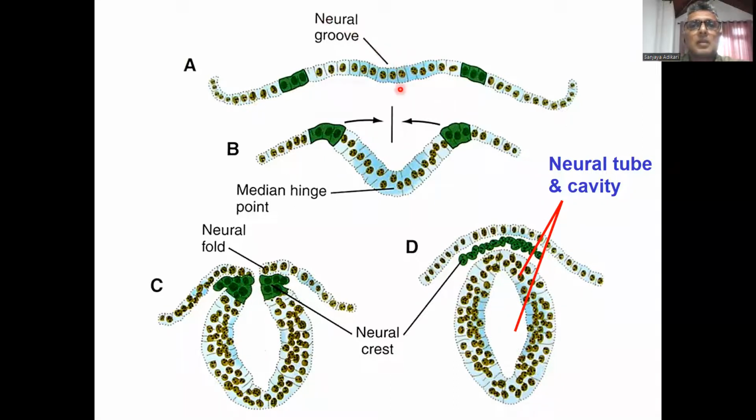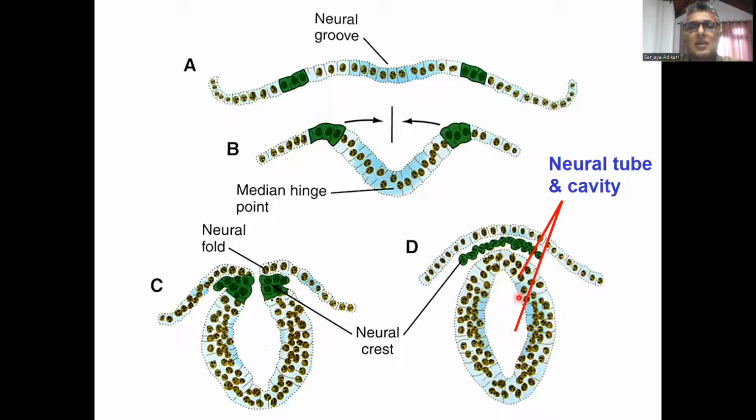A groove is formed. A depression in the center is formed, as you can see here. That is called the neural groove, and the two elevated edges are called neural folds. So you have a neural groove and neural folds. This groove deepens and the two folds approach each other. Ultimately, under normal circumstances, these two folds fuse with each other so that the groove becomes a tube now with